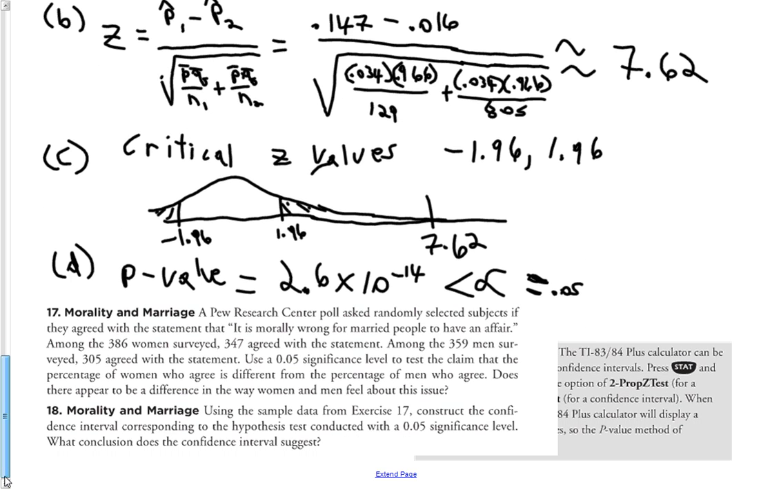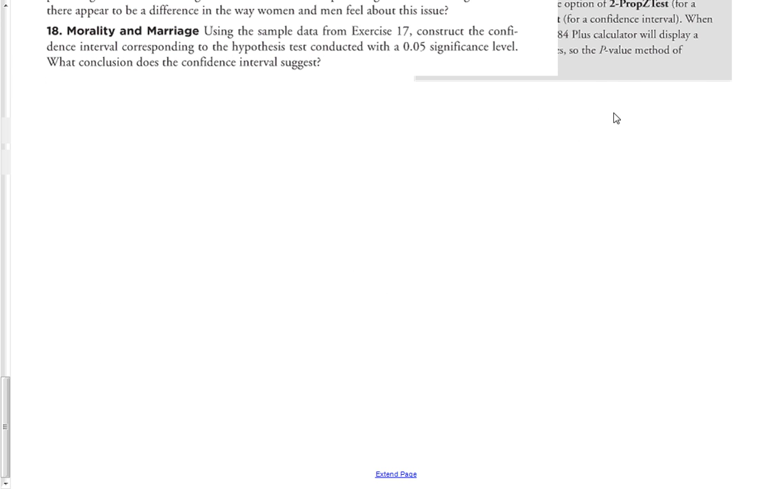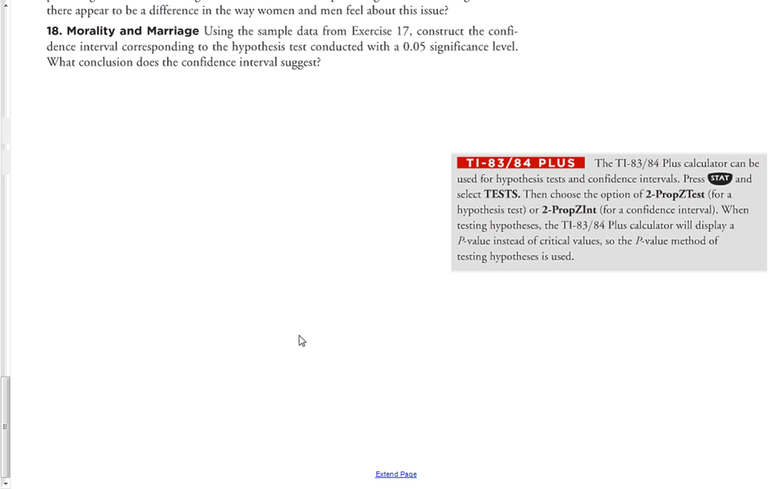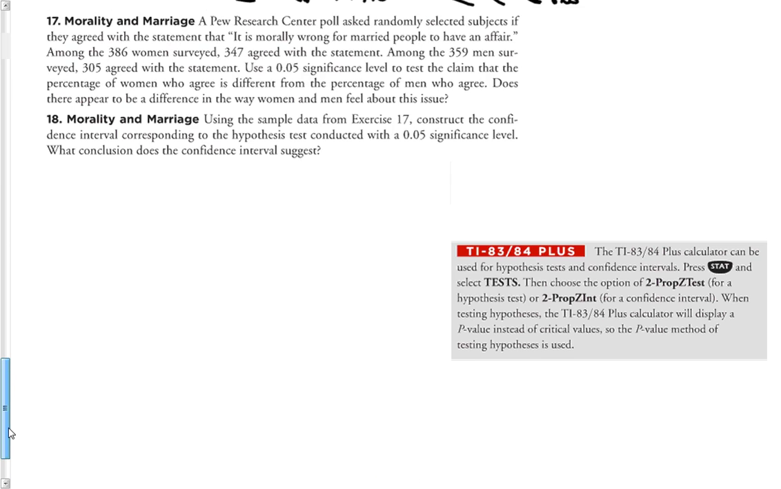All right, now let's take a look at this last example here. And for this example, we're going to use the TI to do the whole thing. So let's take a look at it. There are two examples here, actually. It says